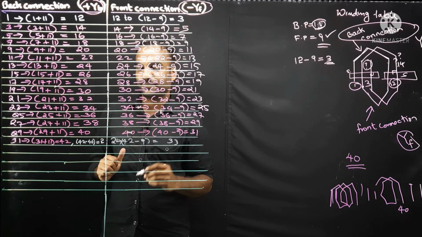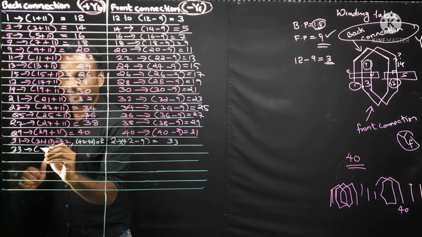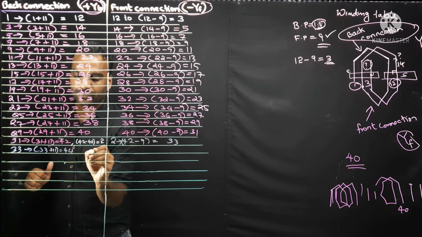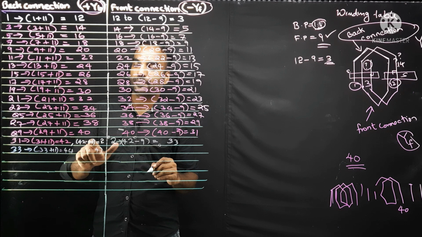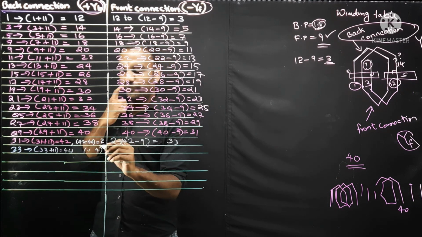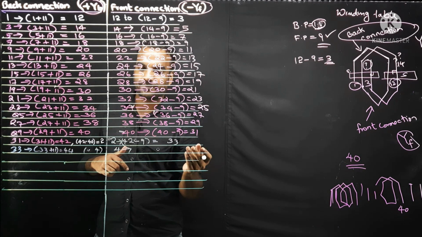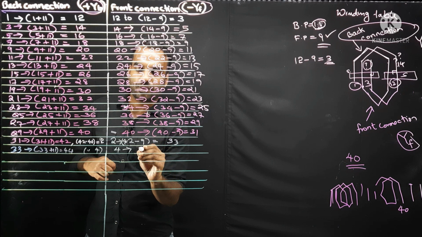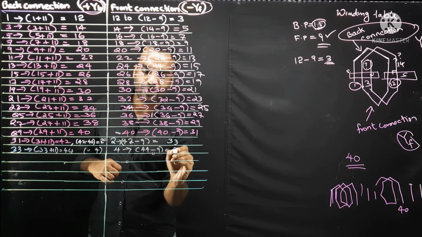Now it is okay. Again 33 plus 11, that is 44, and 44 is nothing but 4. How do you get the step? 44 minus 40 is 4. And now we are starting at 4. So 4 to which conductor? For that you cannot write 4 minus 9. You have to write 44 minus 9, that is 35.